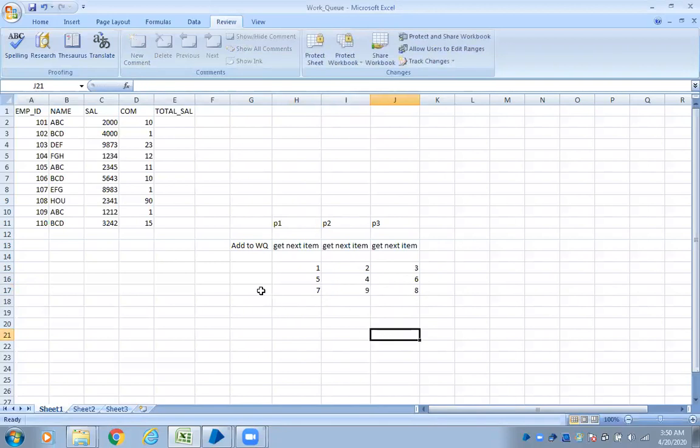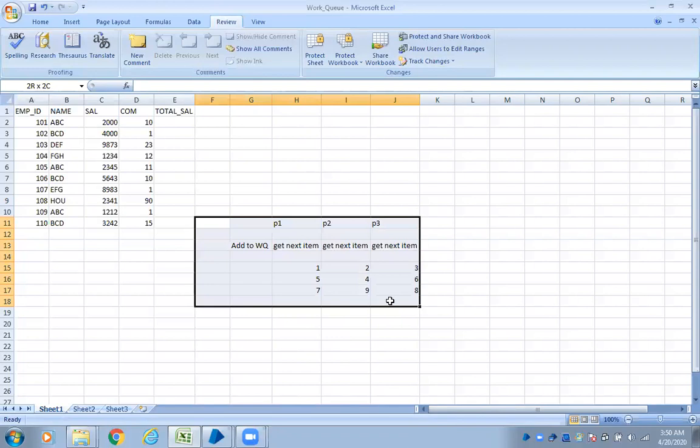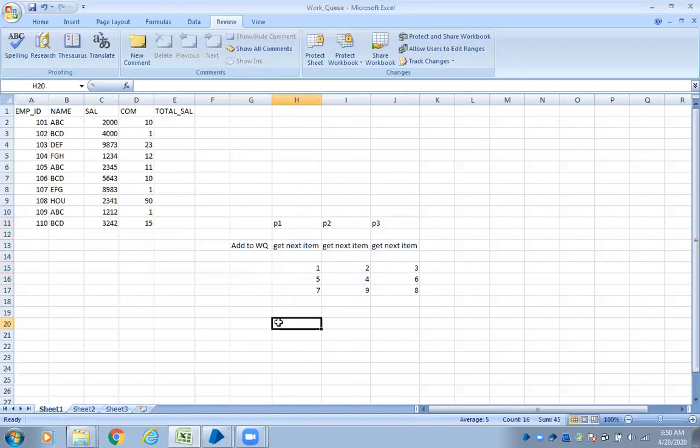What is happening here? Whatever records you have in the work queue, they are picked by all three processes at the same time based on the next available pending items. Suppose when it is picking, the item has been locked. You cannot use this item ID from other processes. Understand, right? This is nothing but your parallel processing: how you can process the data in parallel in a work queue.